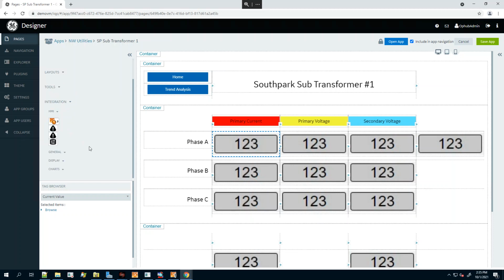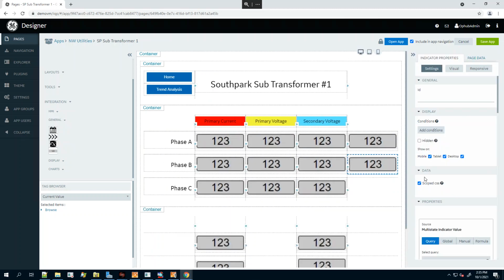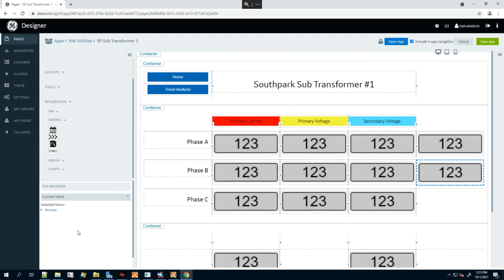So if I go in and select this object called an indicator, and if I drag that and drop it over here to the right, you'll see here that it now added that. Now I haven't really done any configuration of that object. That's done in our settings panel over here on the right. So there's a bunch of different settings that we can make for that, but right now what I'm simply going to do is show that I can display the data I want to display simply by finding the tag I want, in this case a historian tag,